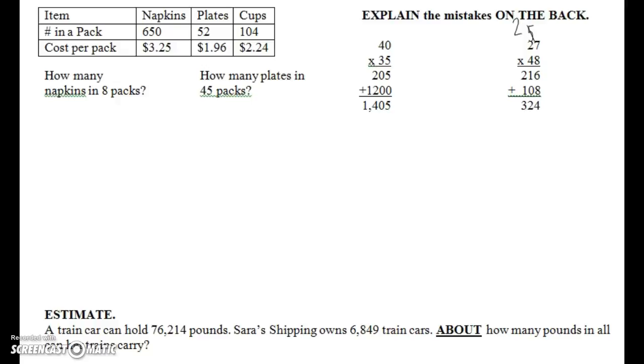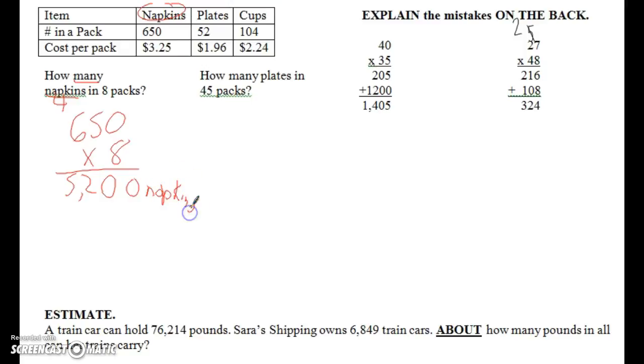Alright. How many napkins in 8 packs? So I need to come up here and see what I got going in my chart. I got the number in the pack and the cost per pack. Well, since it's asking me how many napkins, I don't care how much it costs. So I'm going to my napkins, 650 in a pack, and I've got 8 of those packs. So I'm going to multiply it out. 8 times 0 is 0, 8 times 5 is 40, 8 times 6, 48, plus 4 more gives me 52. 5,200